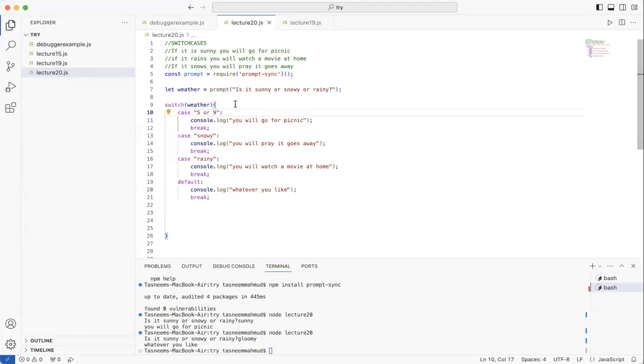Now you can put it under cases, like you can use or, but I'm not trying to go that complex right now because I have to cover another concept over here. But let me just give you an example. If you do want to go for that or part, you could just do this. Okay, so you put in rainy or sunny.